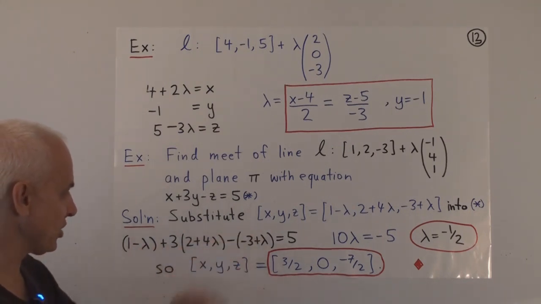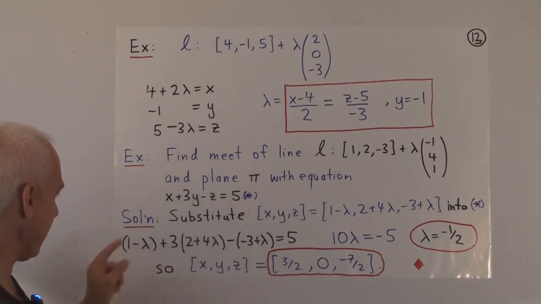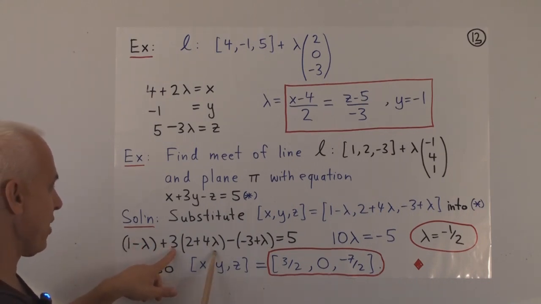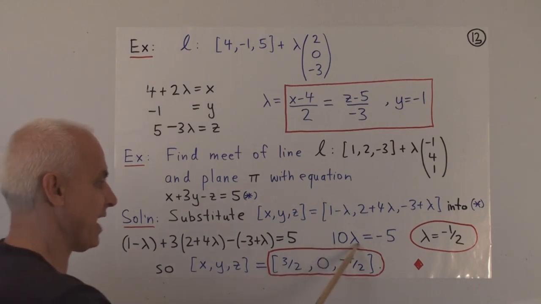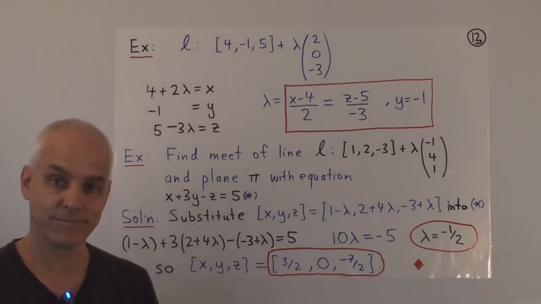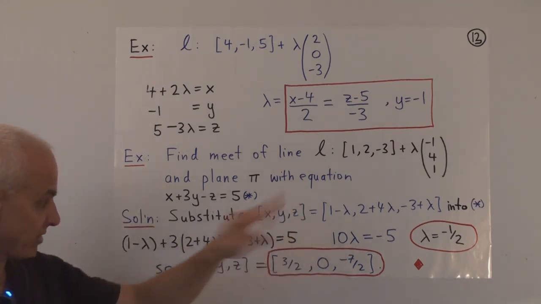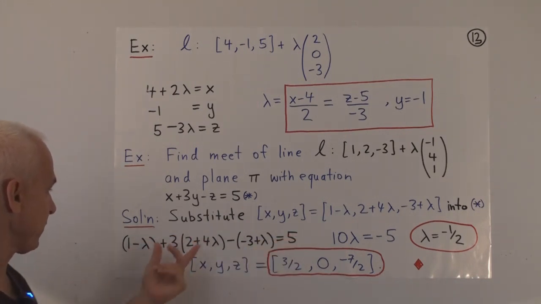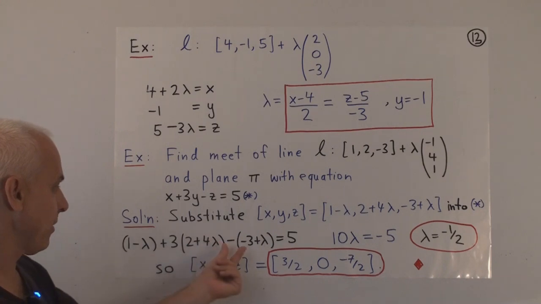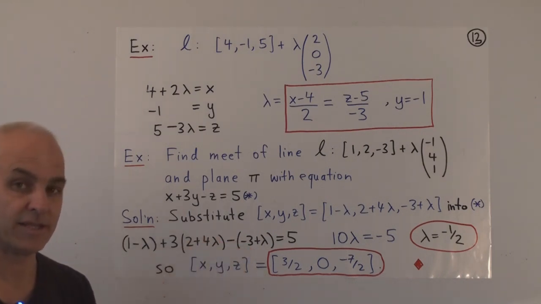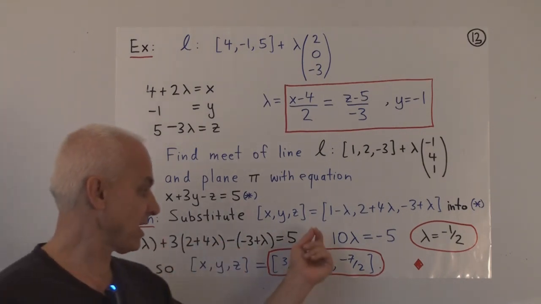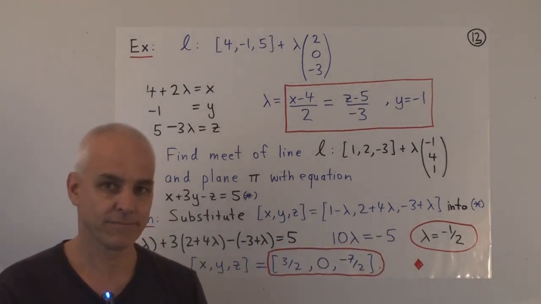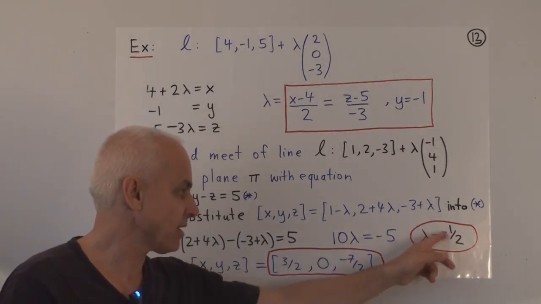All right, that's a single equation involving lambdas. And how many lambdas are there altogether? There's -1 there, plus 12, -1, for a total of 10 lambdas on the left-hand side. And then if we bring all the constants to the other side, there's 5 to begin with. What else do we have here? We have 1 plus 6 plus 3. That's 10. If we bring that 10 to the other side, we have to subtract it. So we get 5 minus 10, that's -5. And so lambda is -1/2.